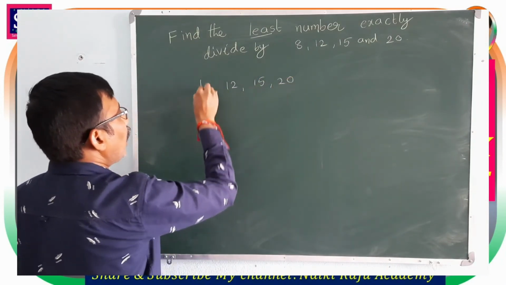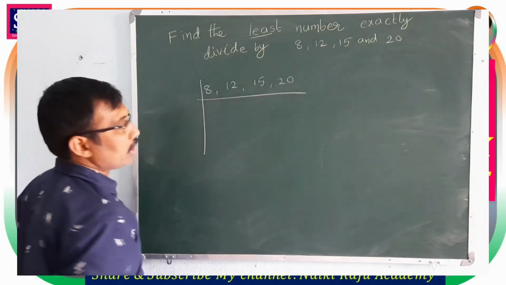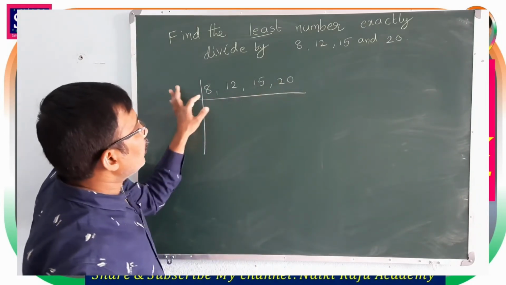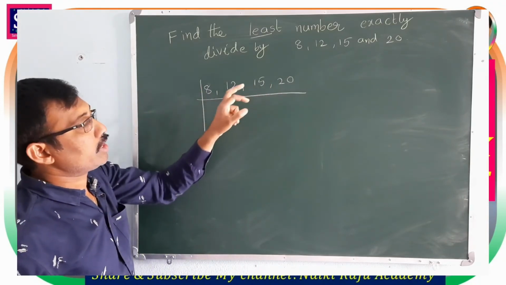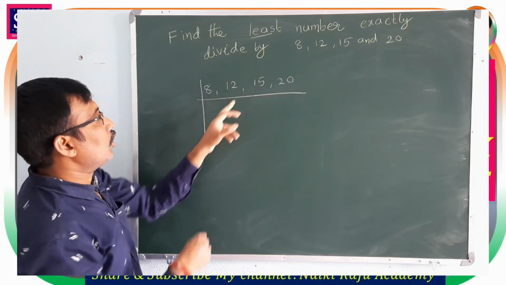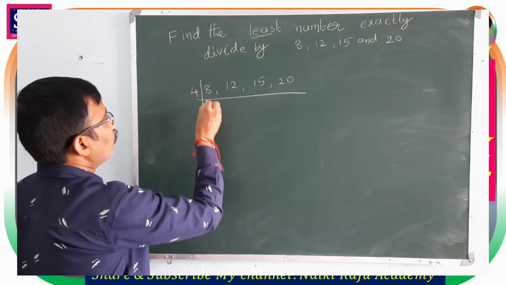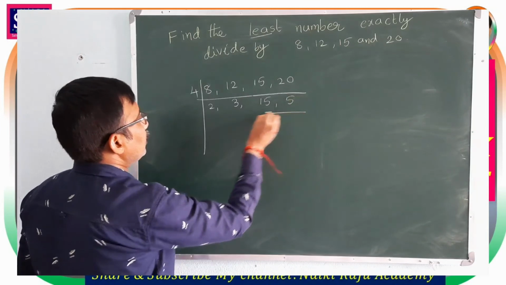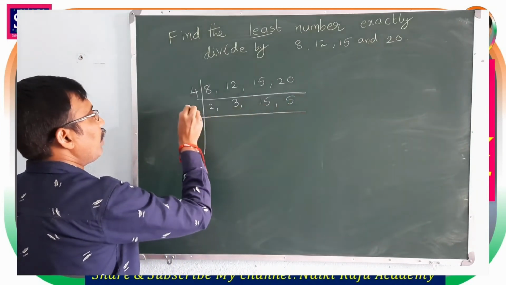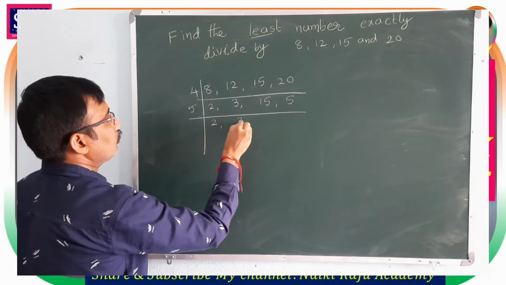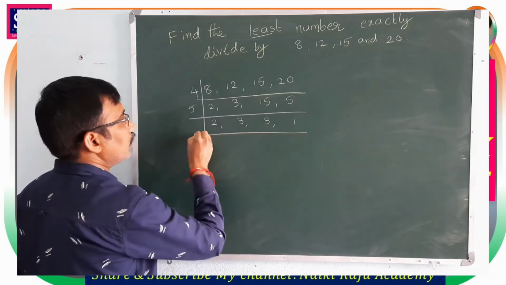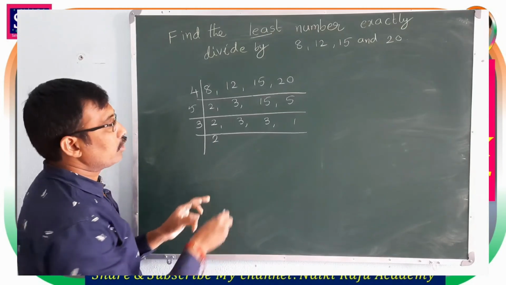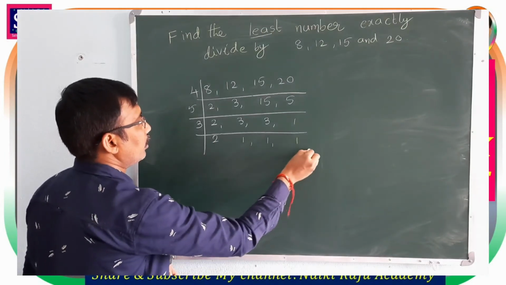Write the given numbers in a horizontal line separated with commas. Next, these numbers are divisible by 4, but this one is not divisible by 4, so just carry it forward. Take 4, the highest common divisor. 4 twos are 8 so 2, 4 threes are 12 so 3, 15 stays, 4 fives are 20 so 5. Next, these two numbers are divisible by 5: 3, and 5 ones are 5 so 1. These two are divisible by 3. The undivided number is carried forward. 3 ones are 3 so 1, and 1.